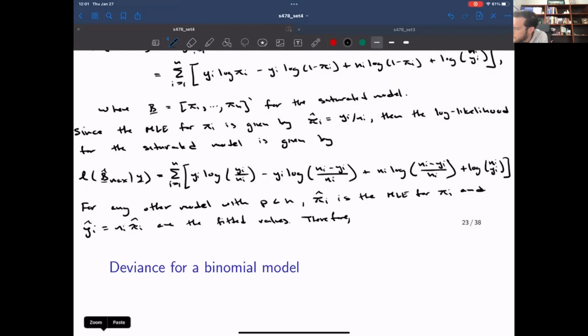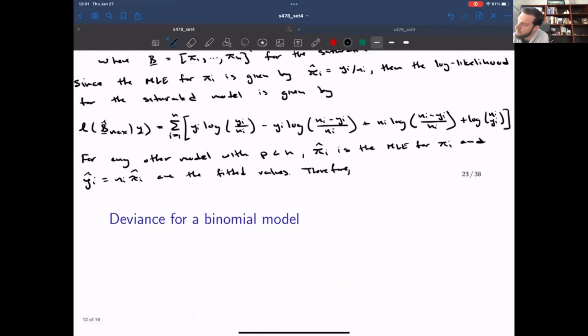Therefore, okay, so therefore the log likelihood for these models